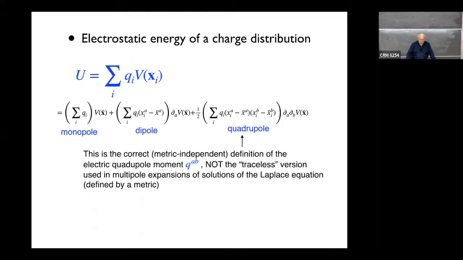If you look up quadrupole moments in Wikipedia or something like that, you'll find an awful lot of nonsense. In fact, there's a huge amount of nonsense talked about in electromagnetic textbooks, because the standard definition of the quadrupole moment that you'll find is not the correct one. You'll maybe find a small footnote that there is another one, but most of the time people work with what they call the traceless version, right? Well, I'm doing my treatment of tensors where all the spatial indices are in their correct positions, right? Because I'm not relying on any